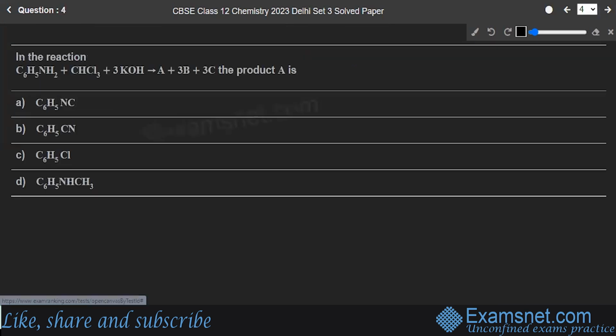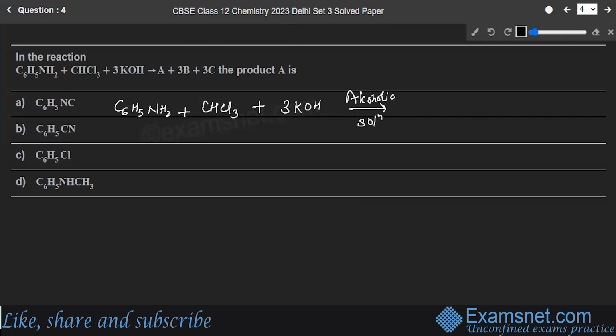Hope you got that. Next is question number 4. In the reaction, this gives you A plus 3B plus 3C. You have to find out what is A. So let's complete the reaction. According to the reaction, you have C6H5NH2, CHCl3, 3KOH, alcoholic solution. This gives me C6H5NC plus 3KCl plus 3H2O. This is Hofmann's carbylamine test